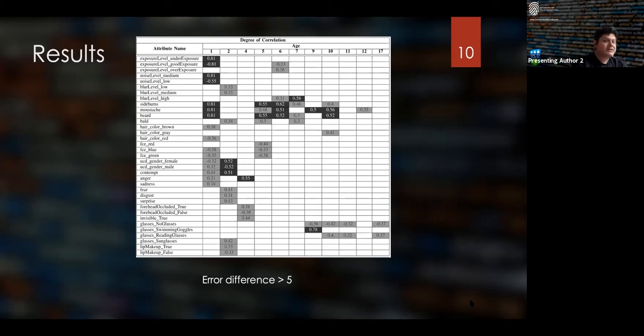For example, the exposure, which is the amount of light that reaches your camera, we can see, for example, that while being an underexposure, or let's say a bad exposure, there is a higher degree of correlation with the error. Whereas if we have a good exposure, there is an inverse correlation, in this case, negative. And also throughout the ages, we have seen some correlations, strong and mild correlations for hair attributes.